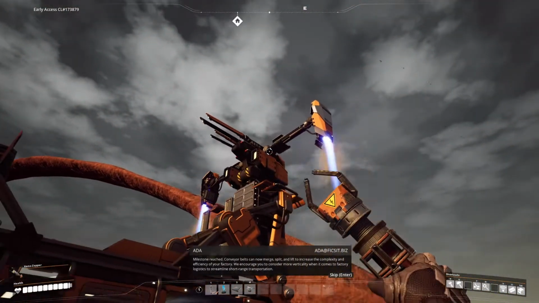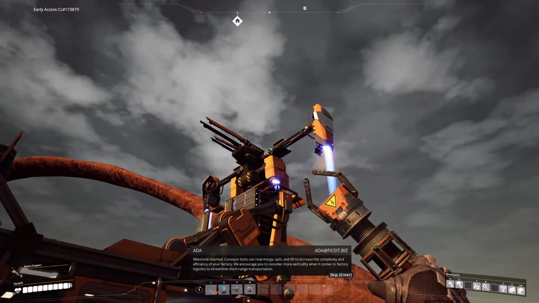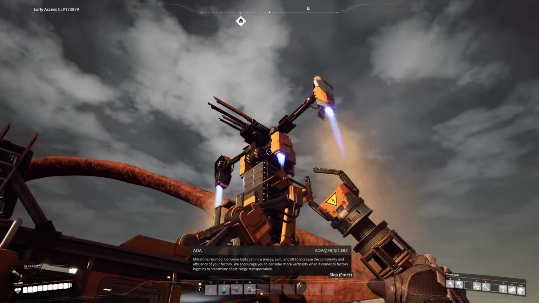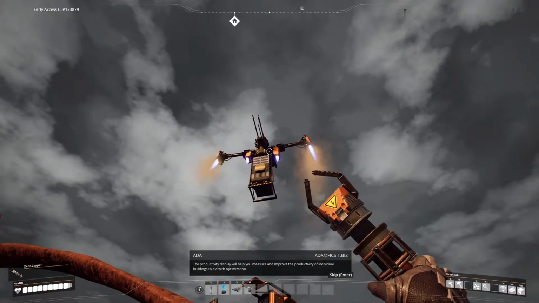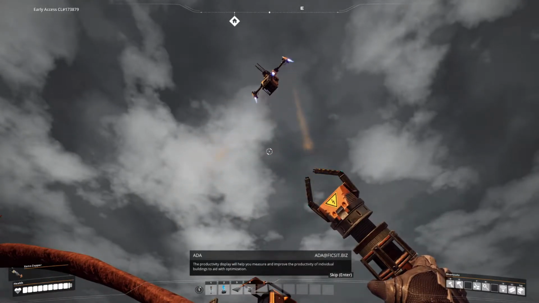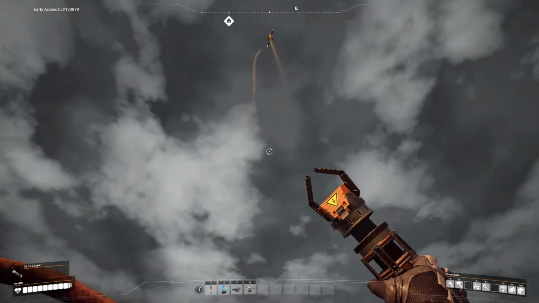Merge, split, and lift to increase the complexity and efficiency of your factory. We encourage you to consider more verticality when it comes to factory logistics. The productivity display will help you measure and improve the...